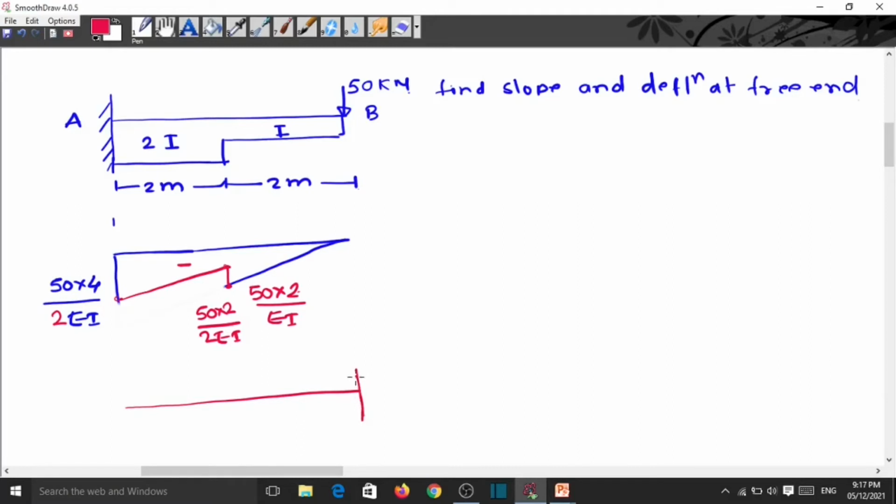So shear force at that location is a slope at that location in the real beam, and the moment in the conjugate beam is equal to deflection at that point in the real beam. So by this method of application we have to make this free end a fix in the conjugate beam, and make the fixed end which is fixed in the original beam free. So this is the conjugate beam having the length 4 meter.